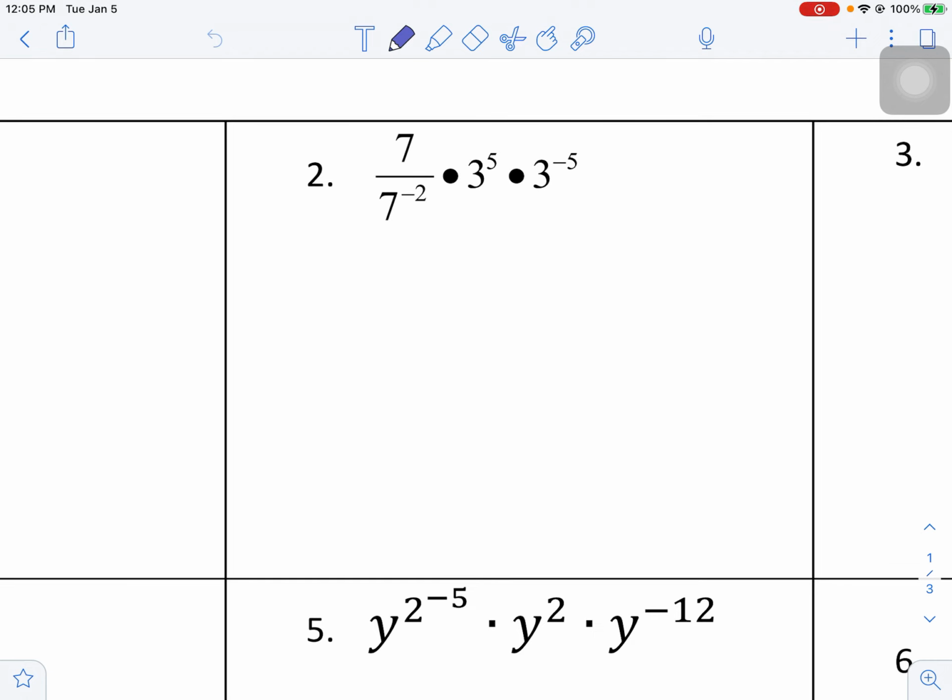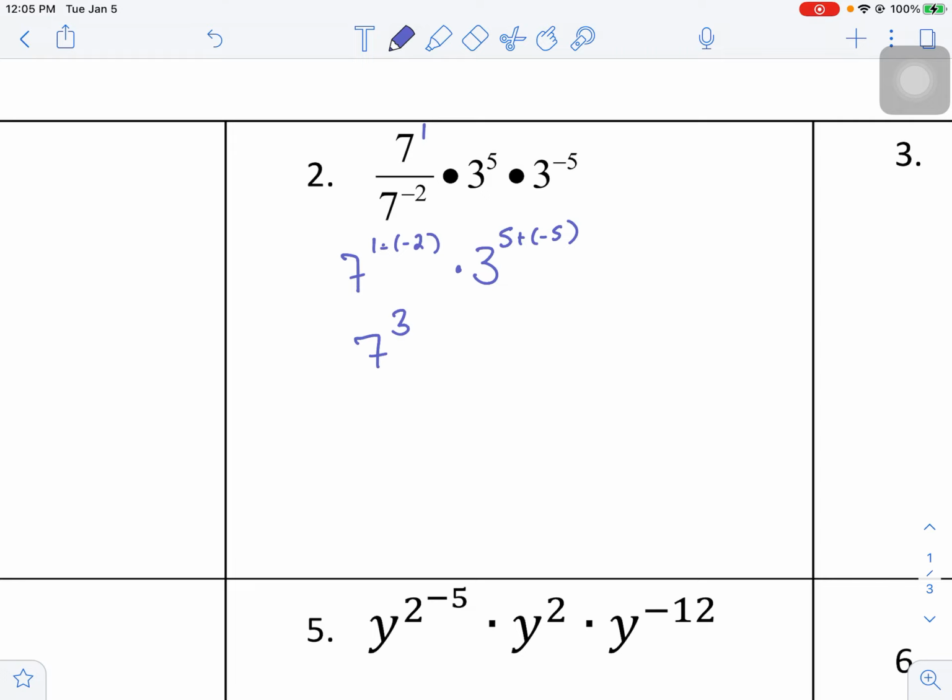If we look at this, I see 7 divided by 7 to the negative 2, which are the same base, so you can combine those. And then I see multiplied by 3 to the 5th times 3 to the negative 5, so you could combine those as well. If we're combining over division, that's going to be subtraction. So this is technically 7 to the first power, so it'd be 7 to the 1 minus negative 2, multiplied by 3 to the 5 plus negative 5. 7 to the 1 minus negative 2, well, that's going to become plus,